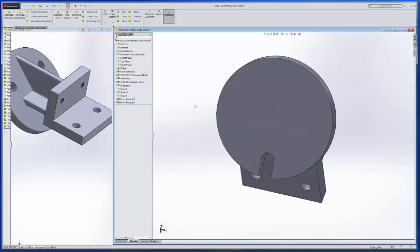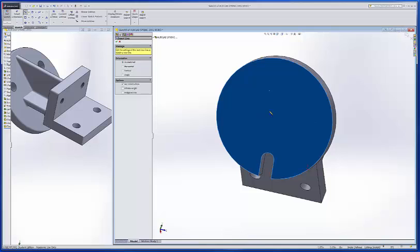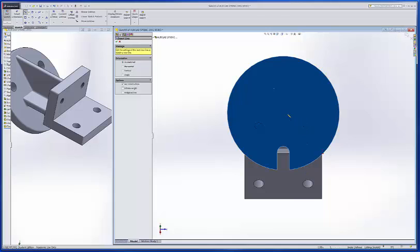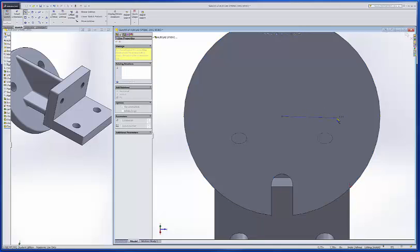Alright, then I need to put in the holes. Now you see that line showing up there. If we go back to sketch 7 there and just hide that, that takes care of that. Well, now what I'll do is create another sketch on this face. And I'm going to draw a line, but I want it to be for construction only. Now I'm going to go back and look at that straight on there. And I'll just put that anywhere. Now there should be able to snap to the center point. Okay, there's one. I'll end the chain